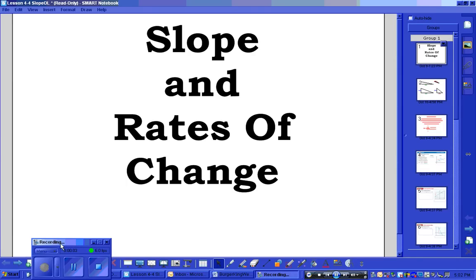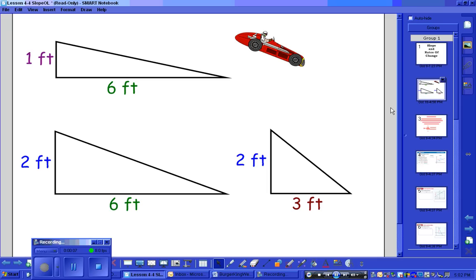This is section 4.4, slope and rates of change. Alright, when we start thinking about slope, think about what would happen if you put a little toy car on